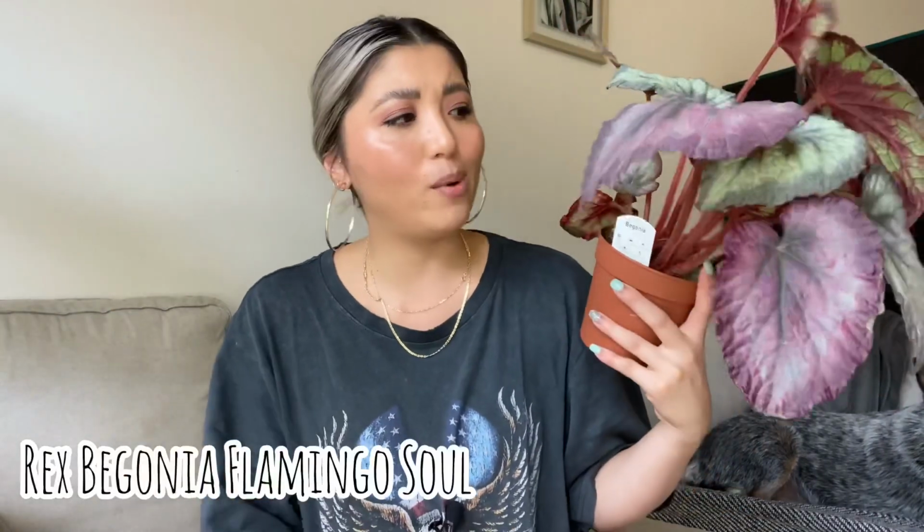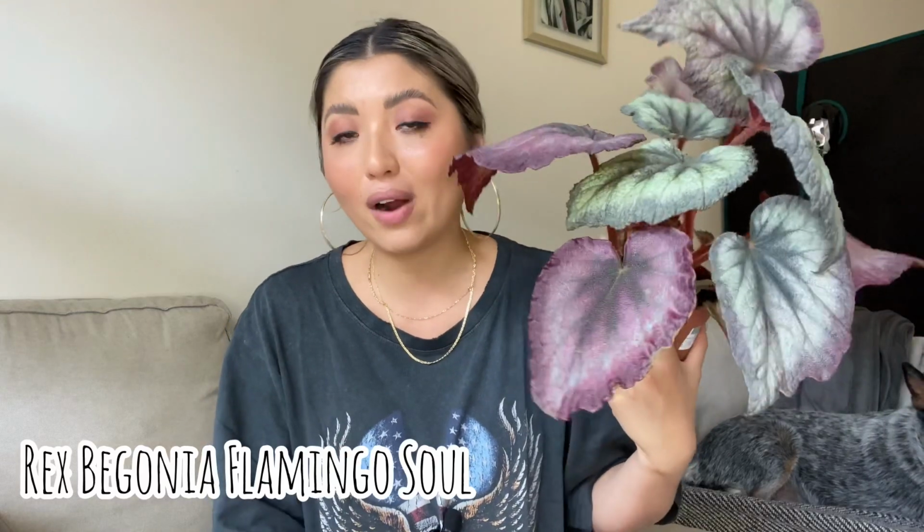This one, it didn't actually say the name of the kind of begonia, it just says Begonia Rex assorted, but I did have a lovely person on Instagram tell me what it was, but I've now forgotten. So I'll write it down at the bottom here so you guys know what variety of Rex begonia this is. But I will say I'm not the best at taking care of Rex begonias. I'm okay with cane begonias, but all these rhizomatous ones I find are really easy to get root rot,